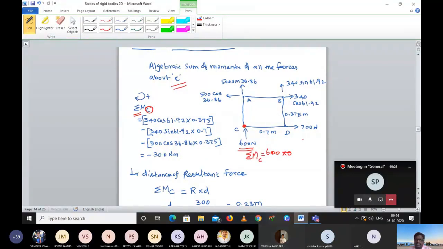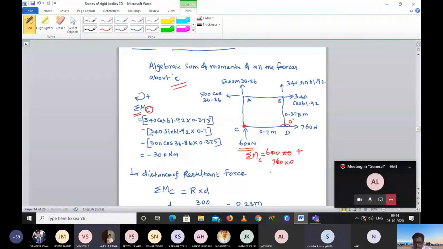Can you say about 700? 700 into 0, sir. Why is it 0? Because it is acting at the point C. Here the angle is how much? I can take it as 180 degree, otherwise 0 degree. So obviously it should be perpendicular. So the next one I can take plus also 700 into 0. Any doubt, guys? Sir, is it 700 or 760? Oh, sorry. How much is it? 760, sir. Good. 760 into 0.